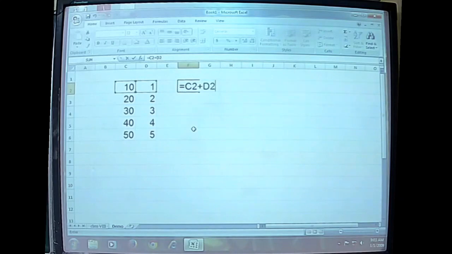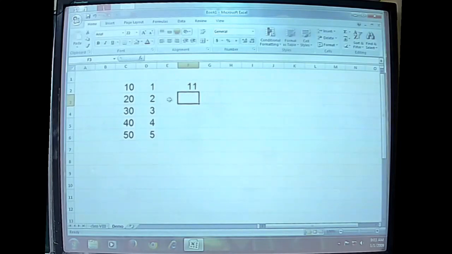This is C2 plus D2, and this is actually a formula with a relative cell reference, about which we will have our discussion shortly. See, after typing the formula to add these two numbers, when you press the Enter key on the keyboard, the result automatically appears. And here we are supposed to write C3 plus D3. So definitely we will get 22.